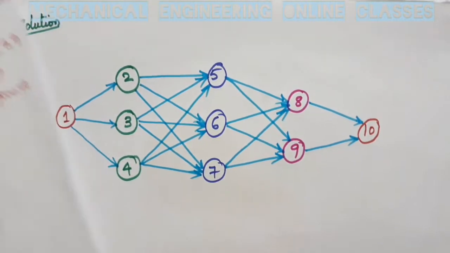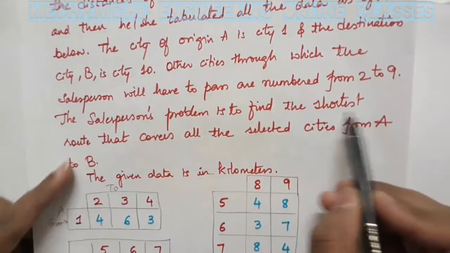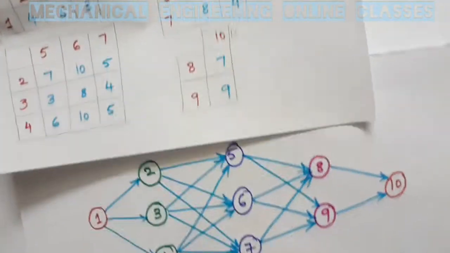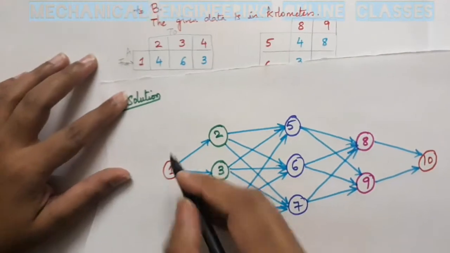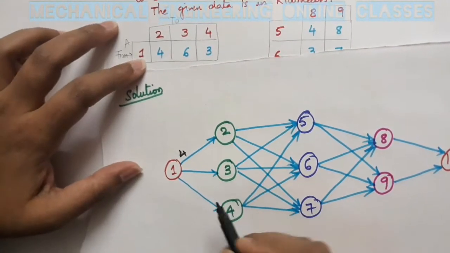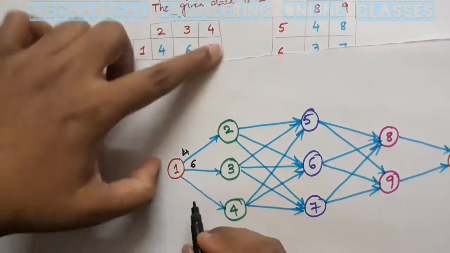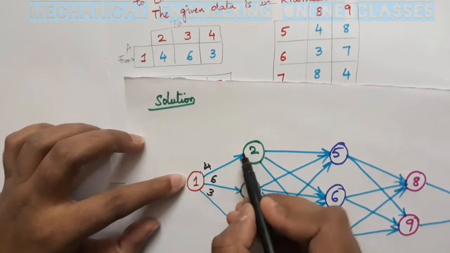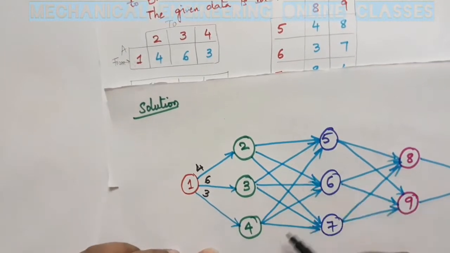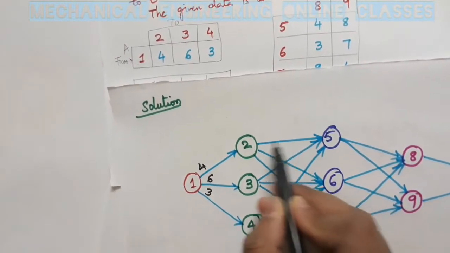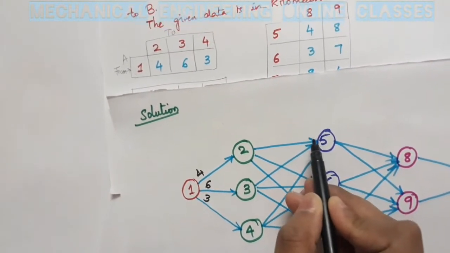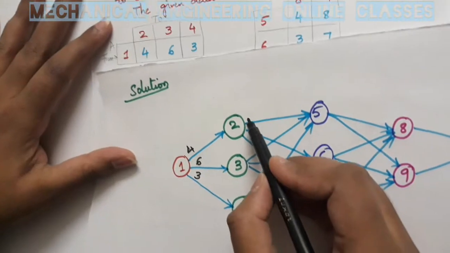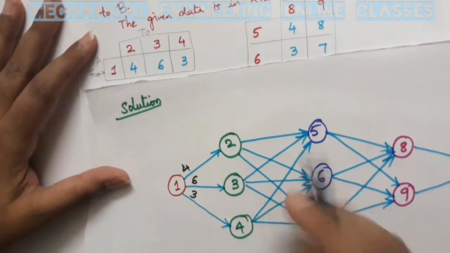Now in order to find the optimum route, which will be our shortest route, we have to also mark the kilometers on the routes. So from 1 to 2, it is 4 kilometers. From 1 to 3, it is 6 kilometers. From 1 to 4, it is 3 kilometers. So I am writing these numbers at the base of the tail of the arrow, because as you go towards the middle or towards the head of the arrow, there is a lot of clumsiness. So in order to avoid confusion, always write the numbers at the tails.